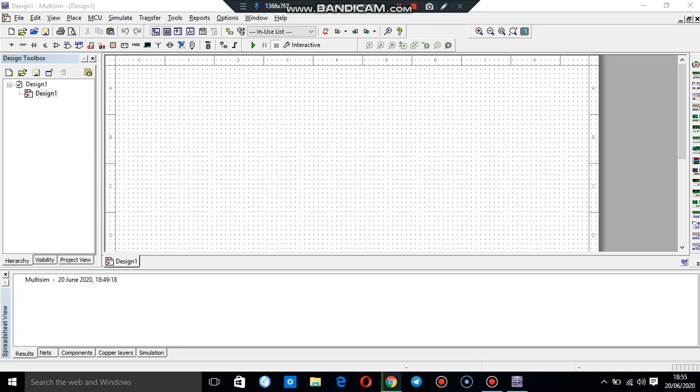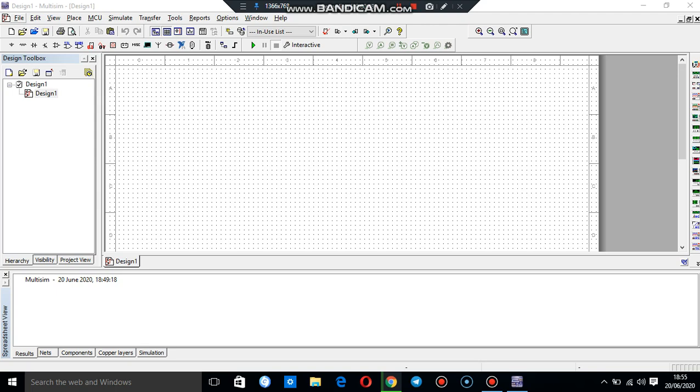Normally in the EC Lab we will be using active and passive components. Active components like voltage source, and passive components like resistor, inductor and capacitor, and we will be using input devices like function generator and output devices like cathode ray oscilloscope. The same virtual laboratory can be implemented using Multisim. Let's see what options are available here.